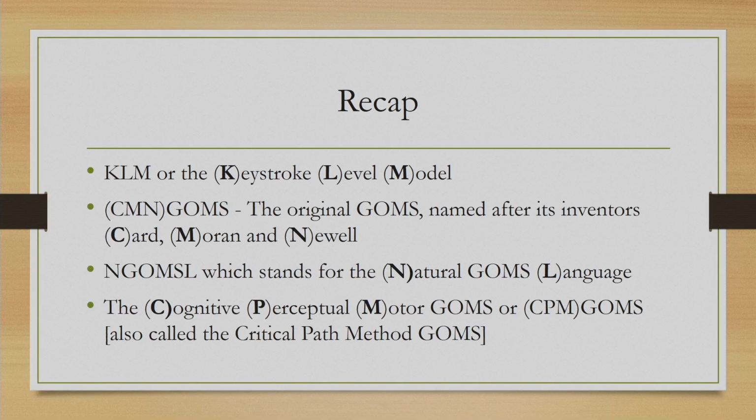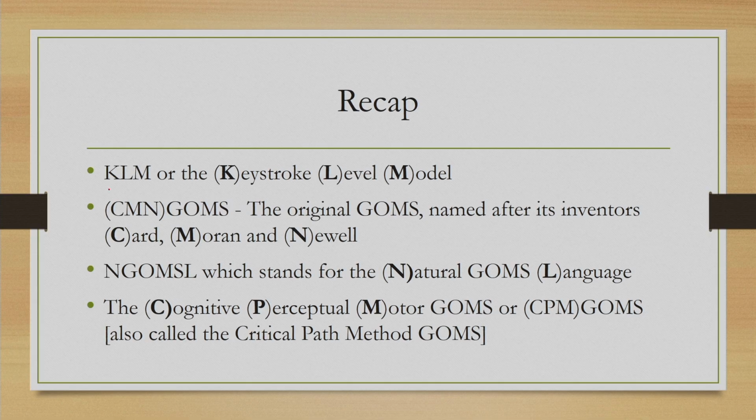In the previous lecture, we got introduced to one of the user centric models, that is the KLM or keystroke level model. This model belongs to the GOMS family of models. In the GOMS family, if you may recollect, there are 4 models which we have discussed earlier. The first one, which is the oldest one, is the KLM or keystroke level model, which we have already discussed in the last lecture.